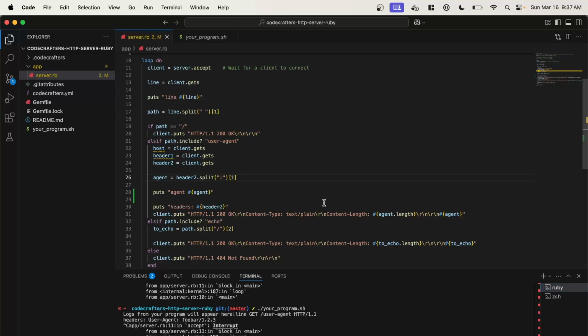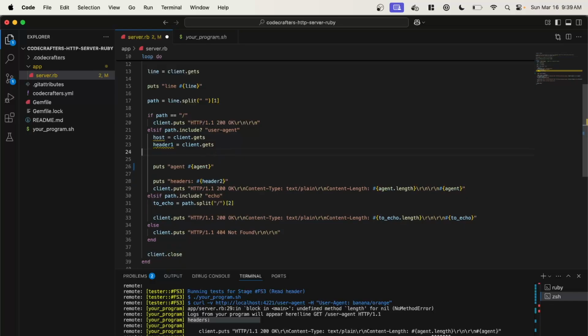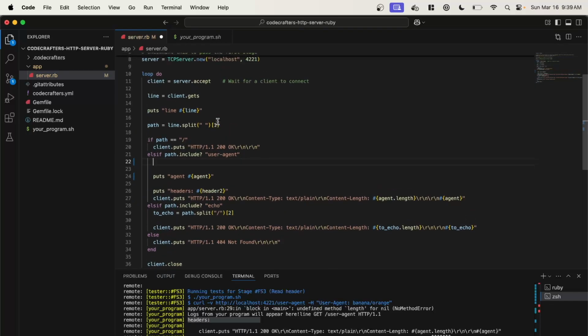Okay, so we are getting the string correctly. It looks like that header was empty, so we are reading it incorrectly here. So let's go ahead and switch this to a while loop to better handle the headers. Okay, so we can say while read